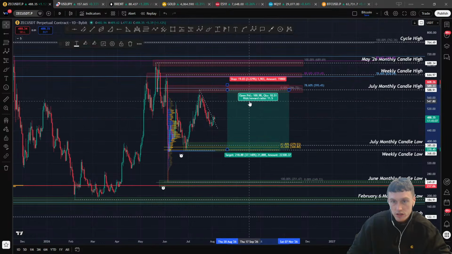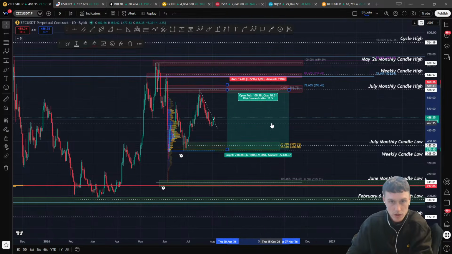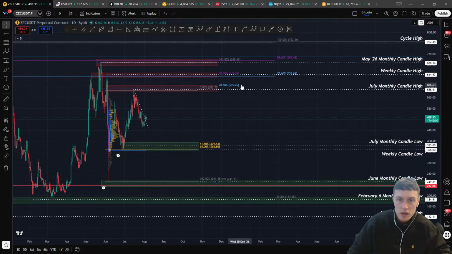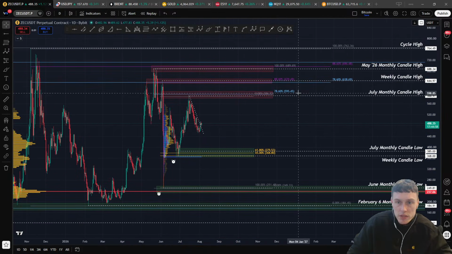That's an 11.5R trade, and you've risked 1 to 2%. And similar up here, similar up here. So I'm going to set an alert